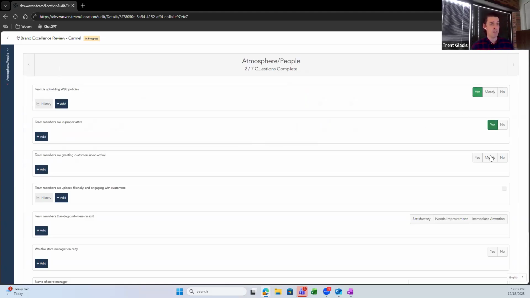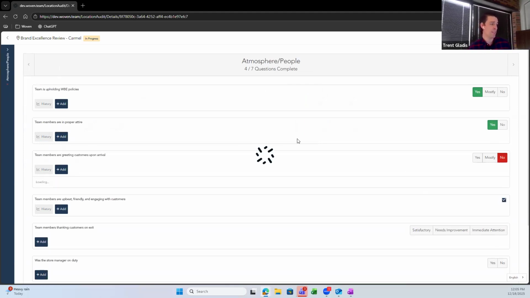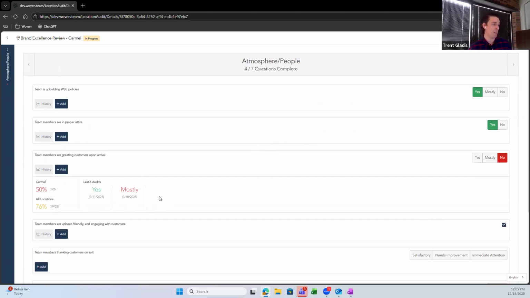If I click on things, Woven's constantly auto-saving. So as an auditor, I am not going to lose my progress. I can always pick this up if I get pulled into an emergency situation, and I can always come back. I also can click on the history information here and see how we've done over the last few audits and make really actionable notes for coaching items on if they're improving or getting worse over time at a certain question